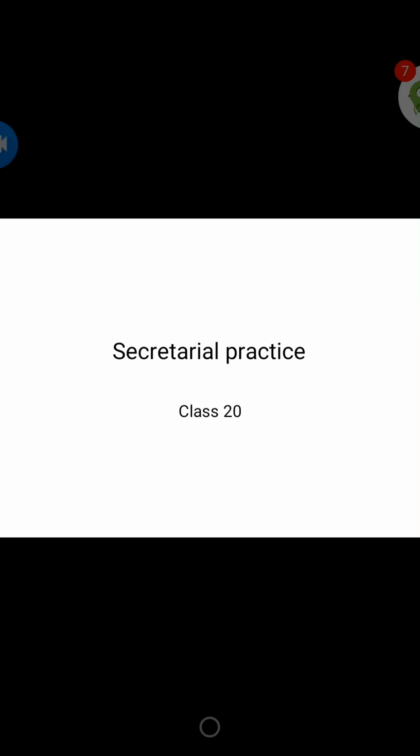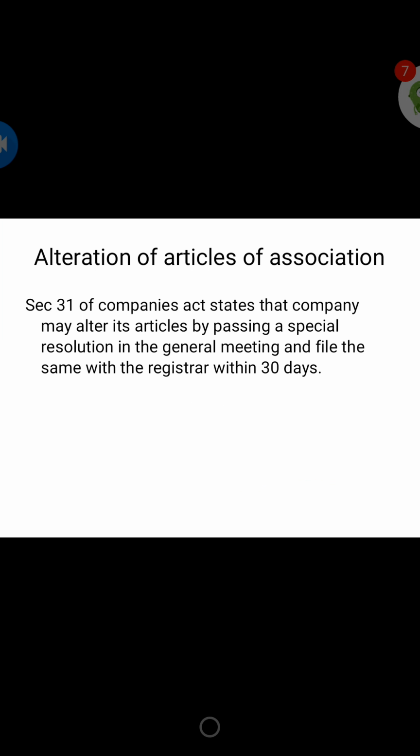In the last class we were discussing articles of association, its meaning and contents. In this class we'll study the alteration of articles of association. So what is this alteration? Alteration is nothing but change. What are you going to change? The rules and regulations, because the articles of association is a document which contains the rules